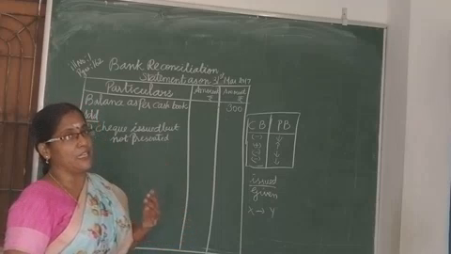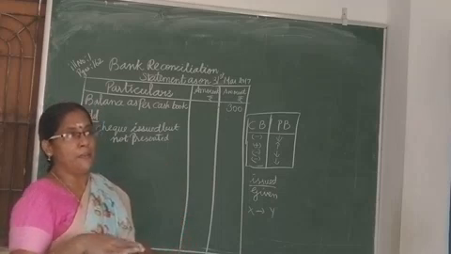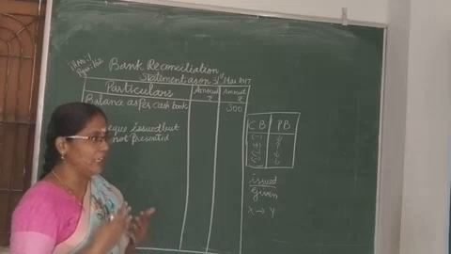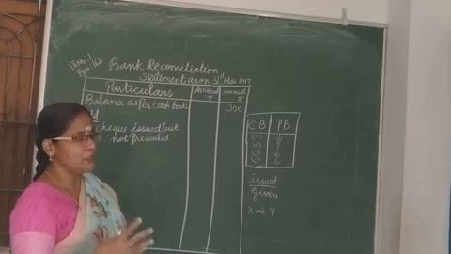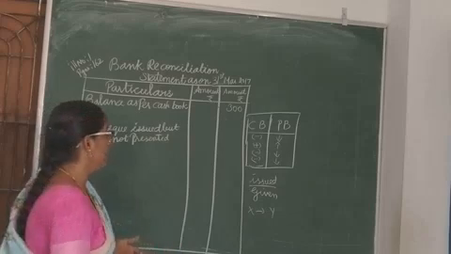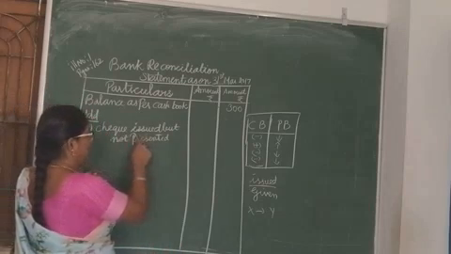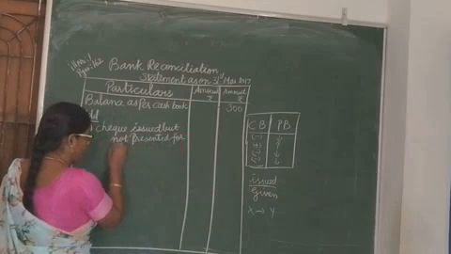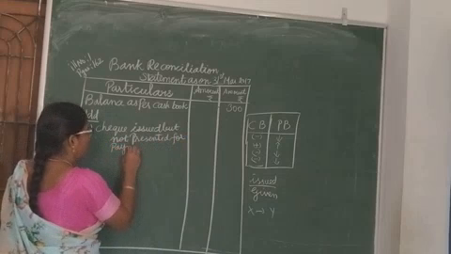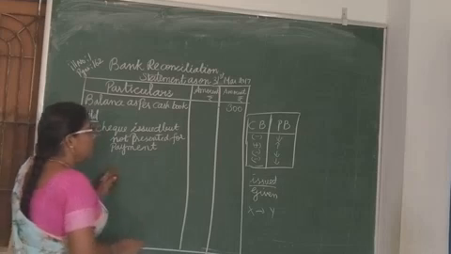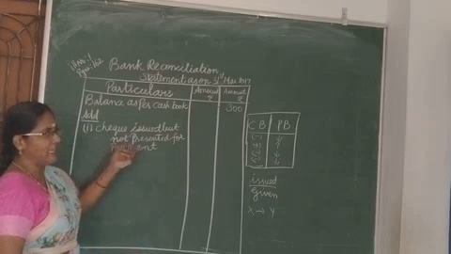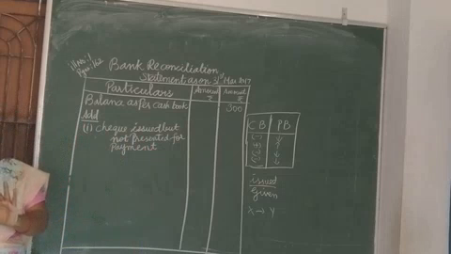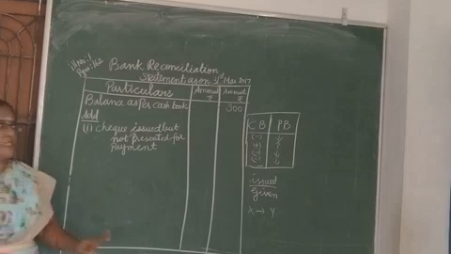Present means you should not understand it in layman language. Here everything is accounting term language, a different terminology we are using. So just rely on these terms: check issued but not presented for payment. If you don't have place, no botheration, you can write in the next line. Which line you are ending, in the same line you can write the amount. Then only, without any variation of the line, you can clearly derive the answer.